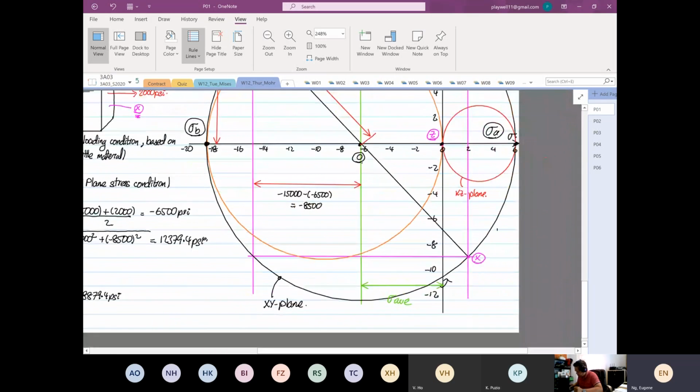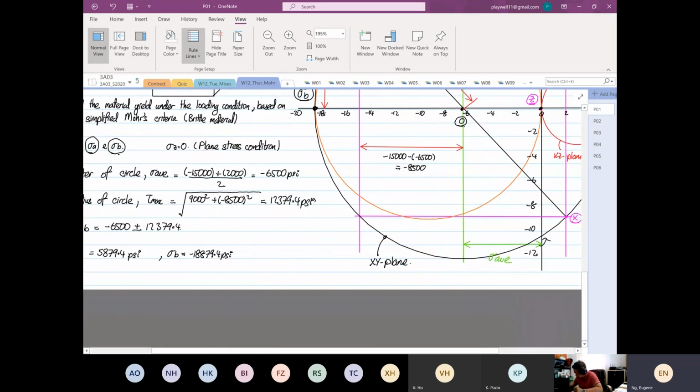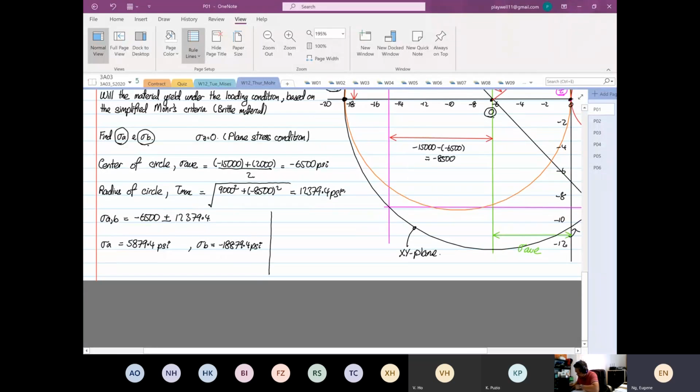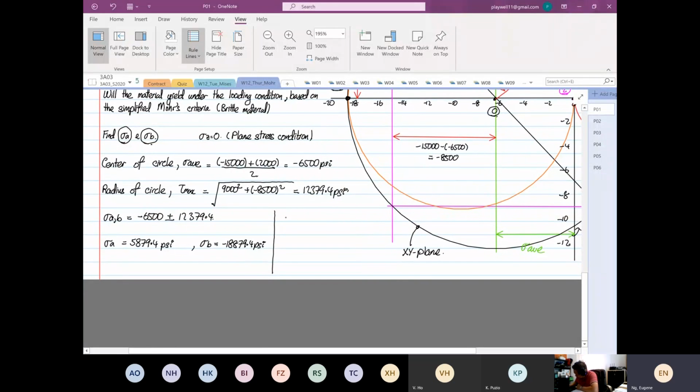So I'll try to squeeze everything in here, so I can see the numbers also. We're going to apply stress A divided by stress ultimate tensile minus stress B over stress ultimate compression. So stress A will be equal to 5,879.4